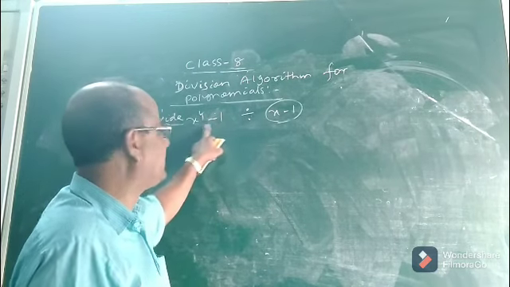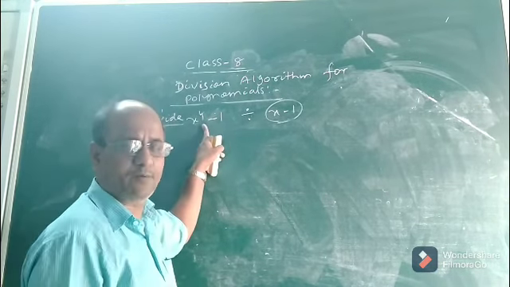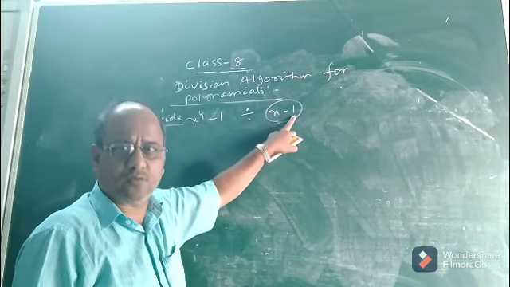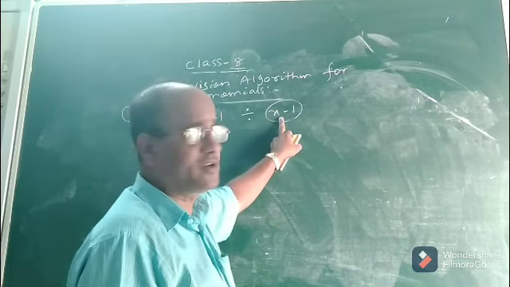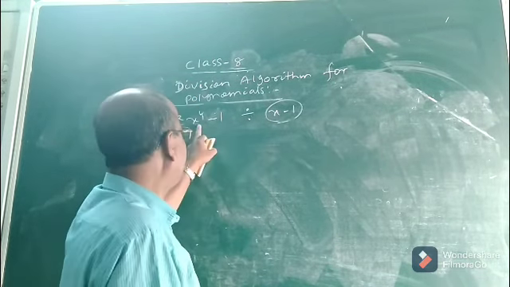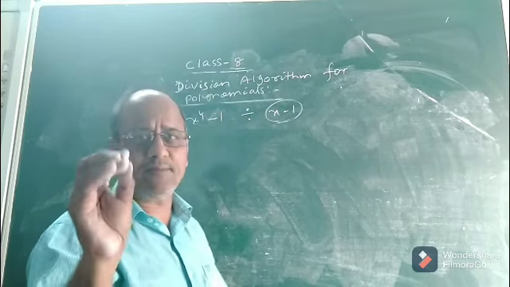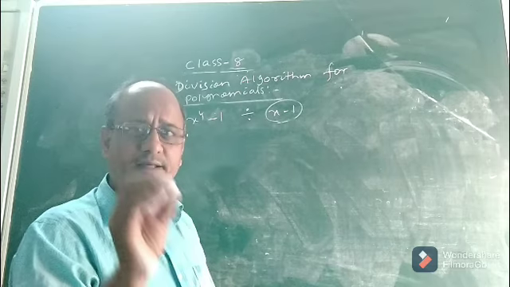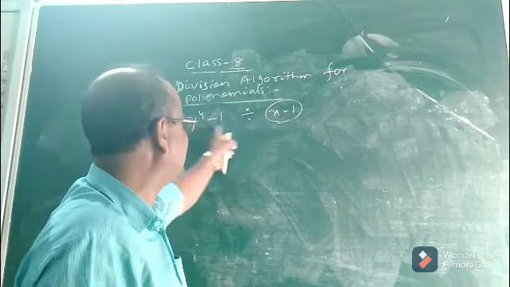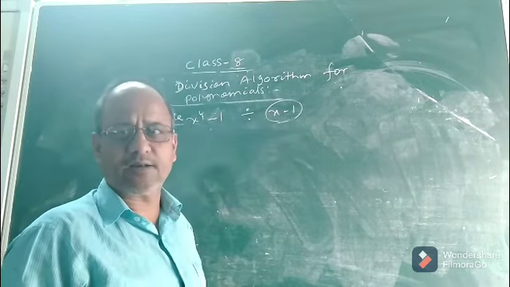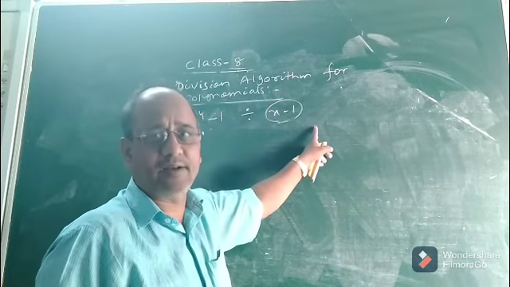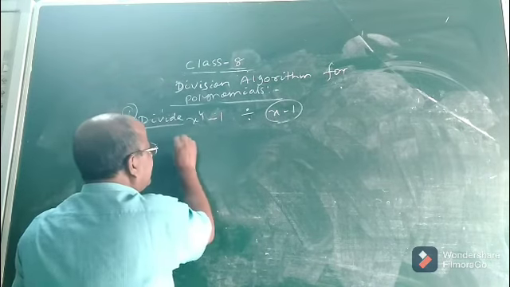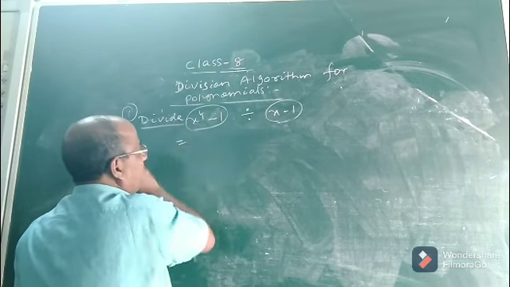Now to divide, this is a how many degree polynomial? This is a 4th degree polynomial because the highest power of x is 4. And the divisor, x minus 1, is a linear polynomial because its degree is 1. Always keep one thing in mind: whenever we divide two polynomials, they must be in the standard form. Both the polynomials are in standard form because their powers have been written in descending or decreasing order.